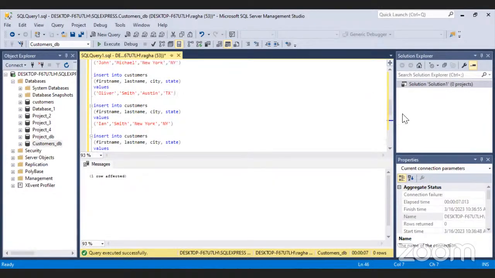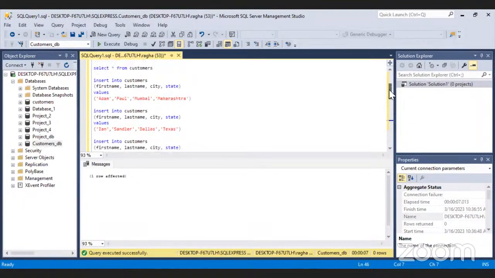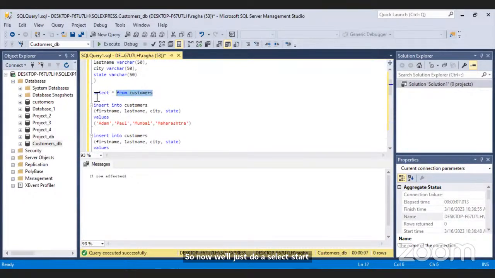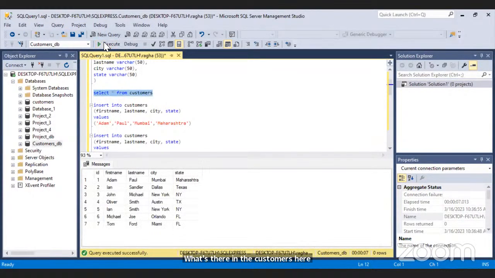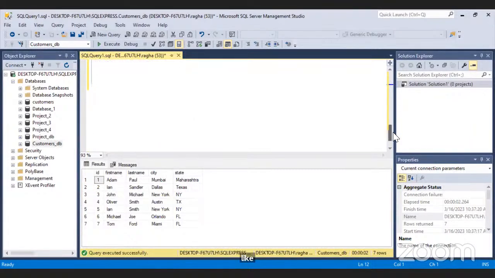Now we'll just do a select star on this and see what's there in the customers table. So we can see that there are like 7 rows in the customers table. Now let's create